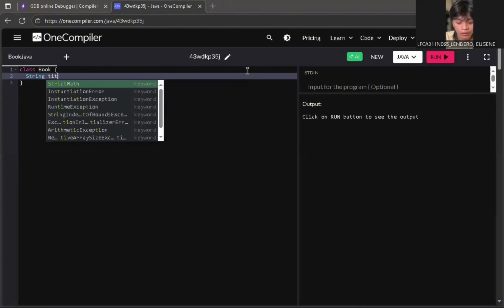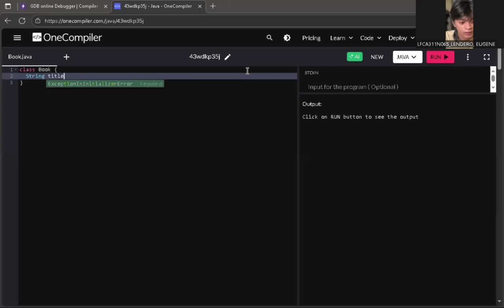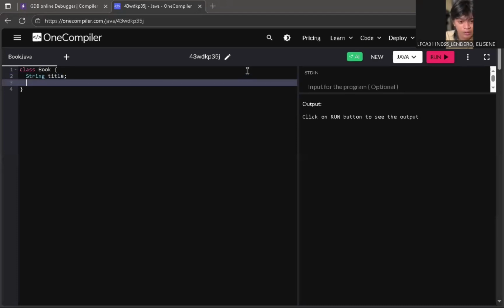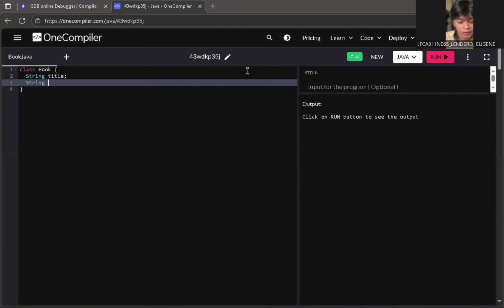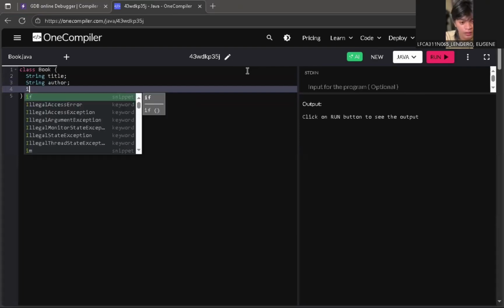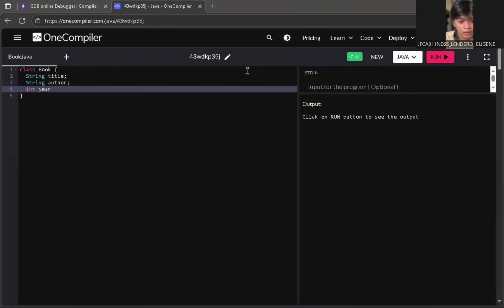Then our variable is title, semicolon. Then for our author, again, we have to declare string, then for author, semicolon. Then for our year published, we have to use data type integer. Then our variable year published.